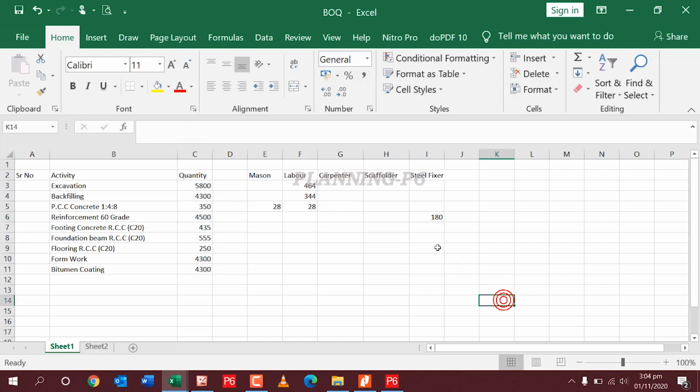And then the next one is footing concrete, same here.